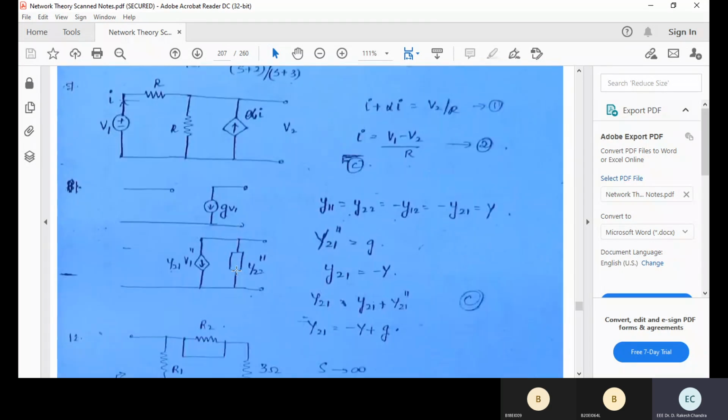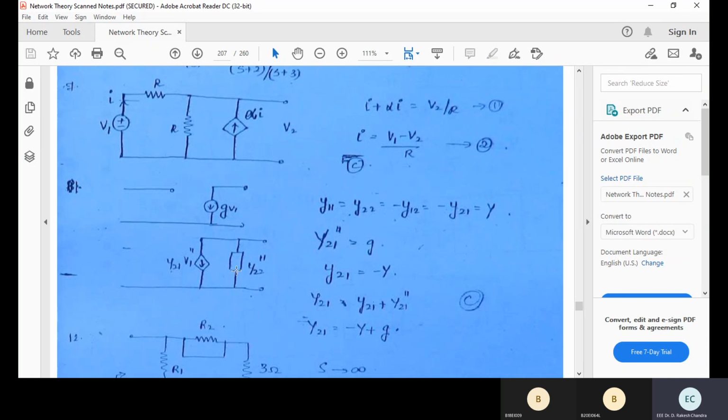Always, if you want to find the Z parameters, you have to rewrite the equation. Your V1 is equal to Z11 I1 plus Z12 I2. Your V2 is equal to Z21 I1 plus Z22 I2. That is a standard equation that you have to apply. Similarly for Y equations, I1 is equal to Y11 V1 plus Y12 V2, and I2 is equal to Y21 V1 plus Y22 V2. For any given network, for any given circuit, you have to develop the